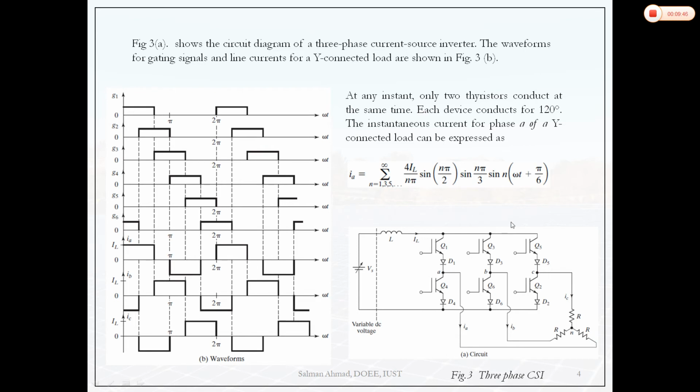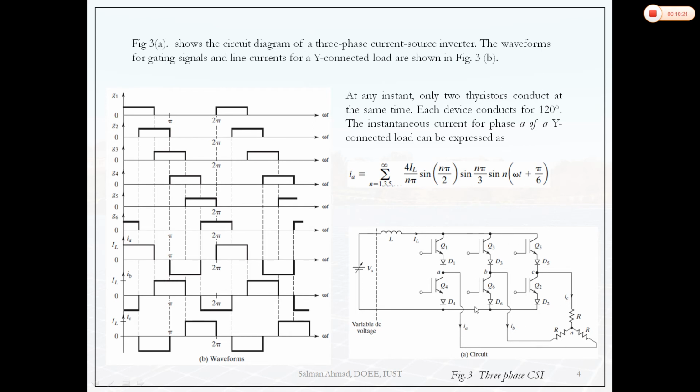So again we are having 1, 3, 5, 4, 6, 2. These numberings are very important. So the gate pulses are applied in the sequence of these numbering. So G1 is applied for 120 degree. Then G2 is shifted by 60 degree, G3 again shifted by 60 degree, G4 again shifted by 60 degree, G5 and G6. So it will complete one switching period. It will complete one period. So based on the combinations, we can check what will be the load current.